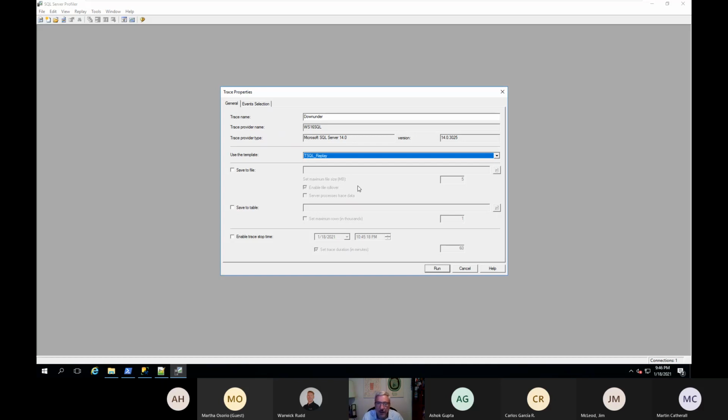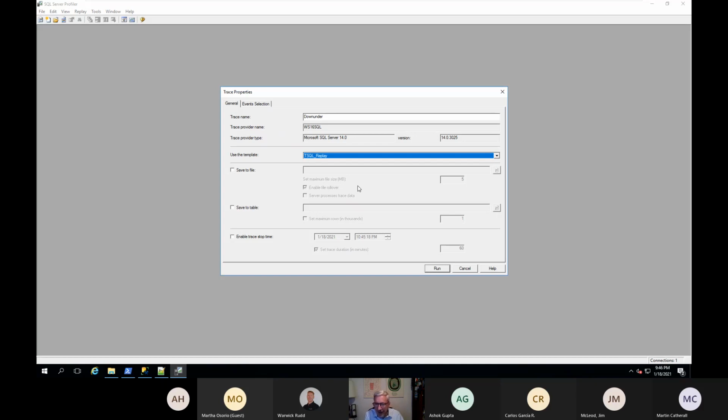So what we did was I backed up the production database, started a server-side trace, captured a workload against that database, stopped it all, and then saved that trace data and the production backup.